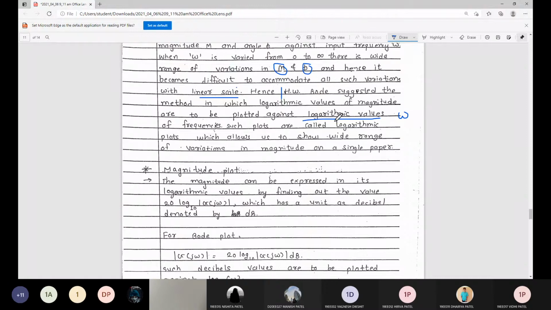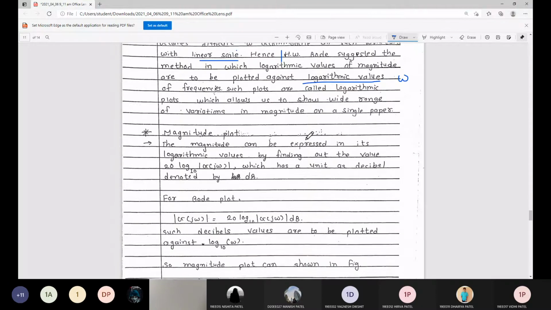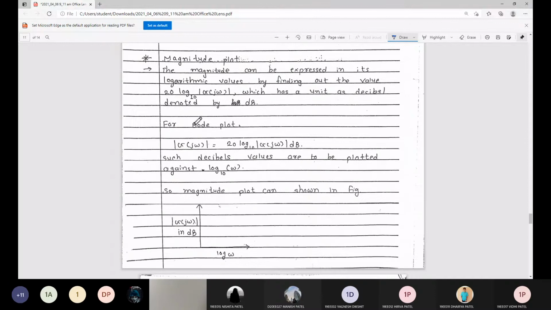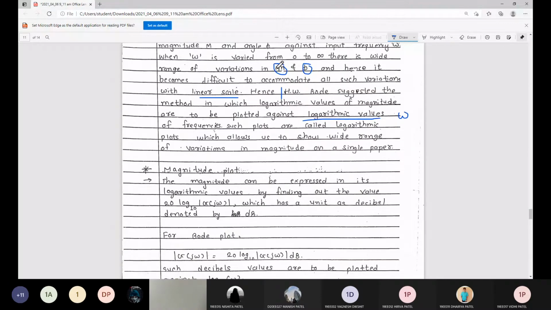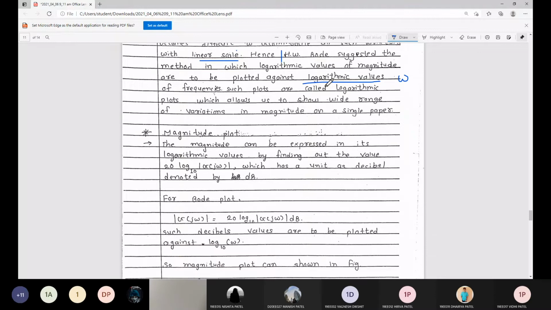Okay, we will be using omega in terms of log values. We will be using magnitude and phase angle on a linear scale. What we are trying to do is plot the graph of magnitude and phase angle with respect to omega. So whose values do I have to find out? I have to find out the value of the magnitude and the value of the phase angle. And then I will vary the value of omega.